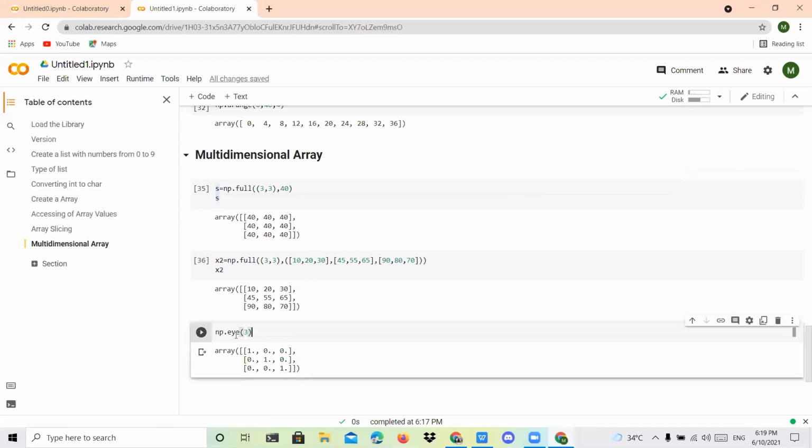This is only a predefined function, so it should be displayed like an identity matrix.